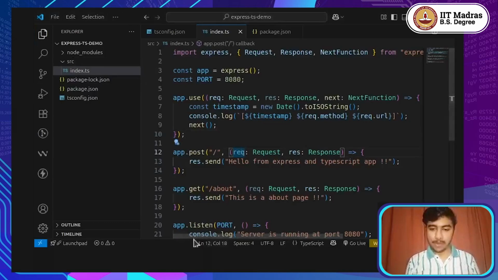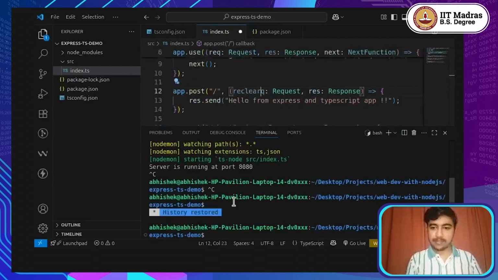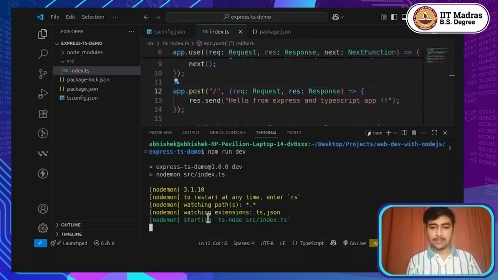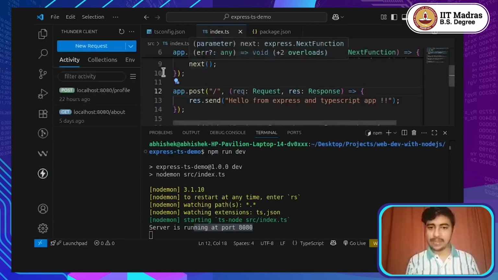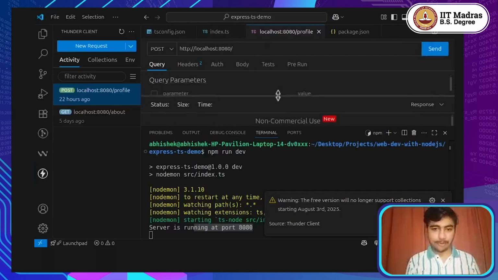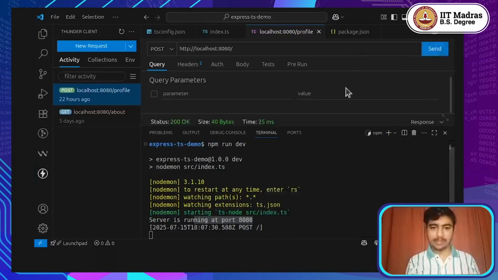And in order to test that, what I'm going to do is I'm going to start my server. And how do I start my server? Let me first clean this console, and I am going to run the dev script. Once I run the dev script, it is going to start a server at port number 8080. Then I shall navigate to this Thunder Client extension, and let's say I am going to hit the home endpoint itself. And the moment I hit that, I would show you the console as well as the response string that we get. So if I hit this send button,